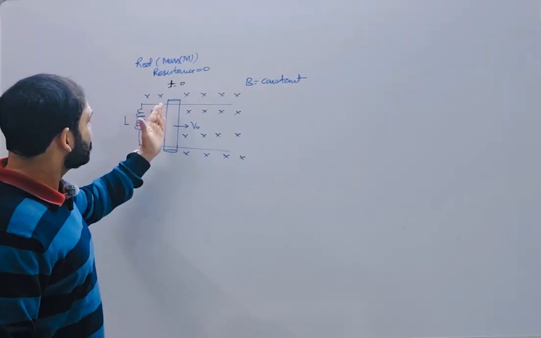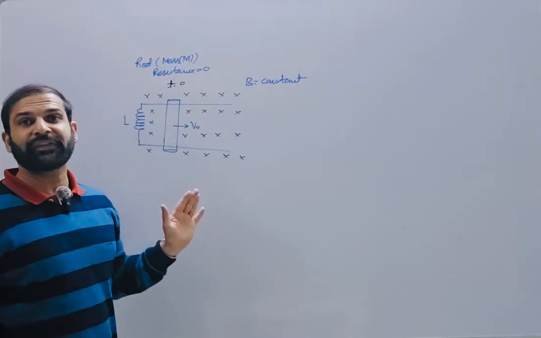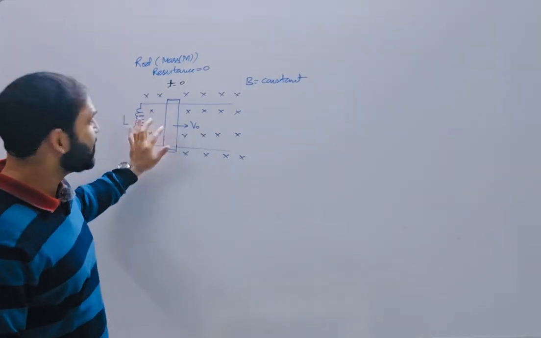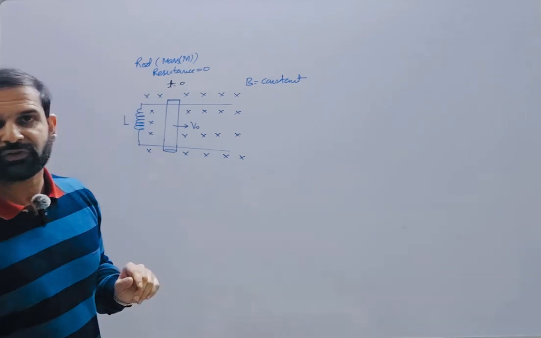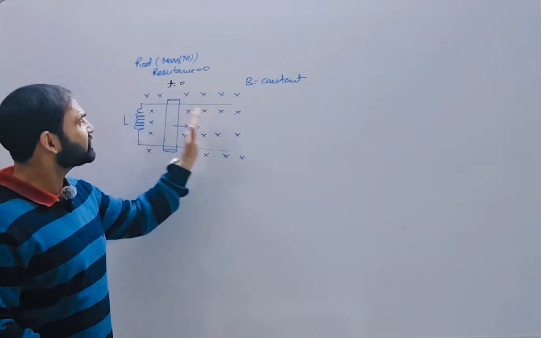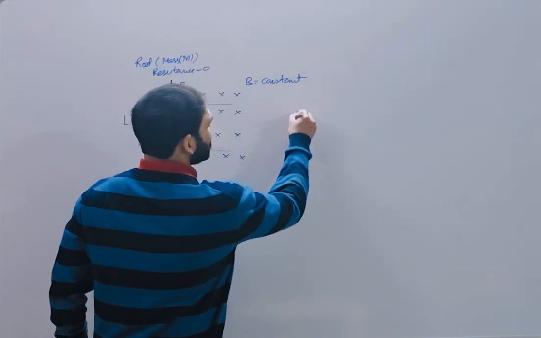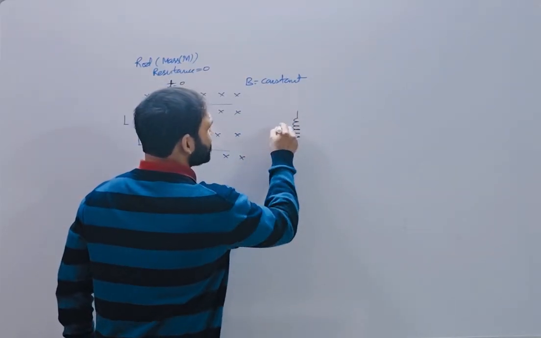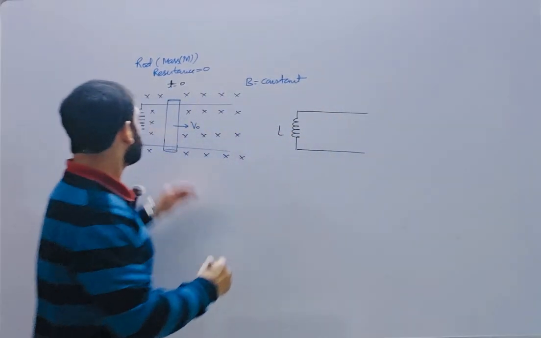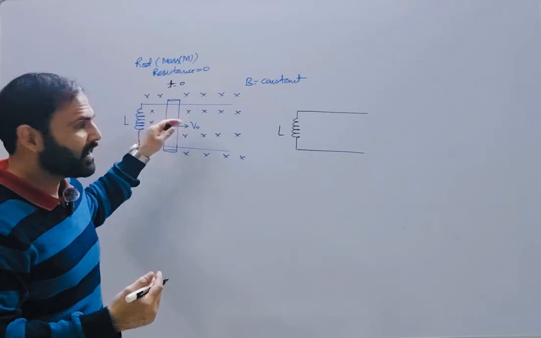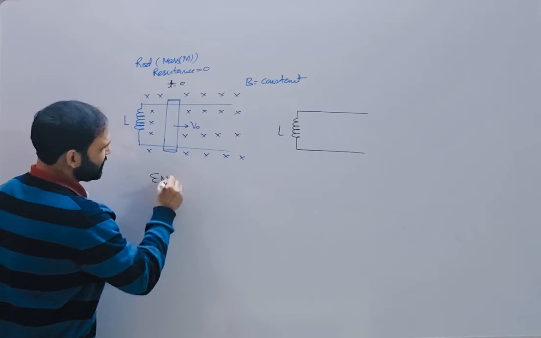Now when we give the velocity v0 to the rod, the rod starts to cross the magnetic field lines, and due to that a motional EMF is induced between the end points of the rod. So we can redraw this situation as a circuit. Now we're going to draw that circuit. There we have our inductance, two rails, and the rod is considered as a battery having motional EMF. The motional EMF can be written as